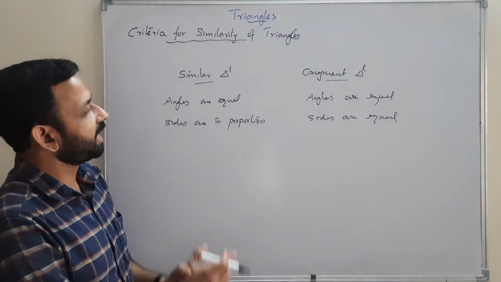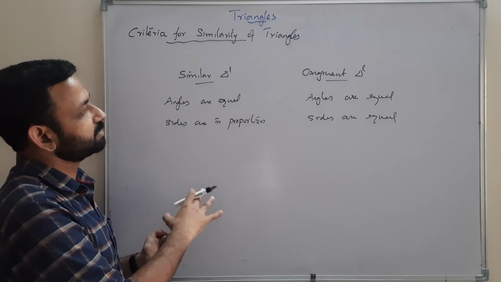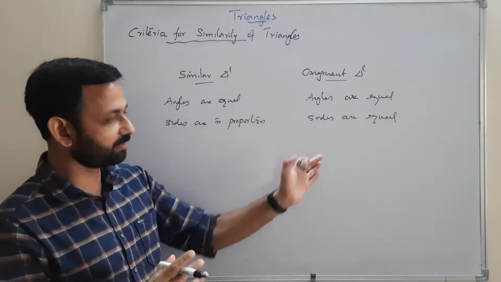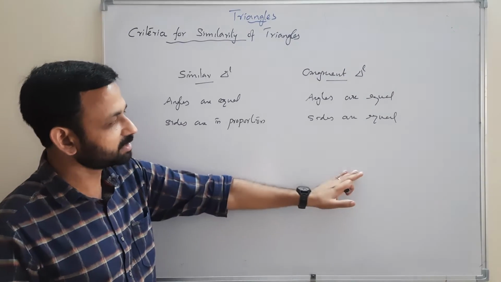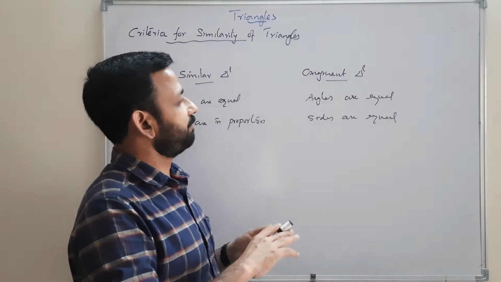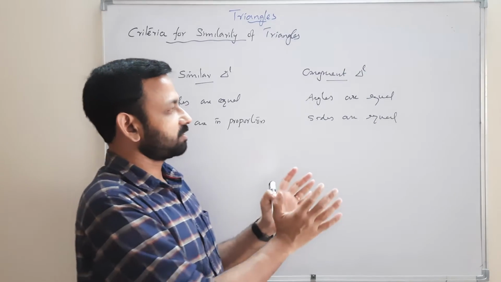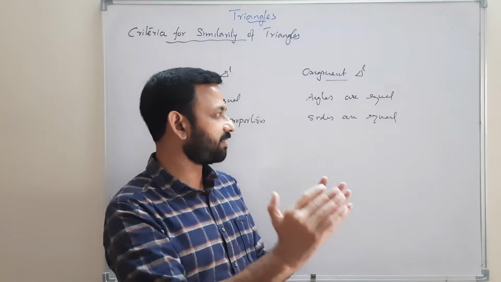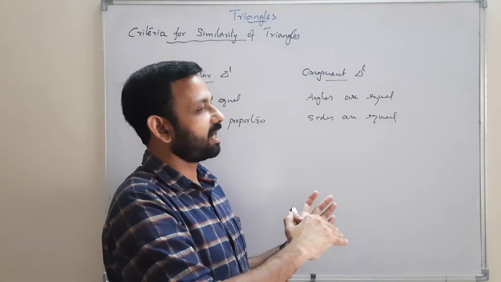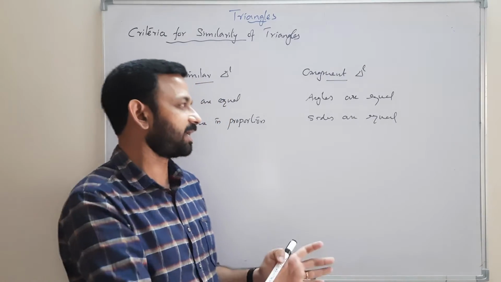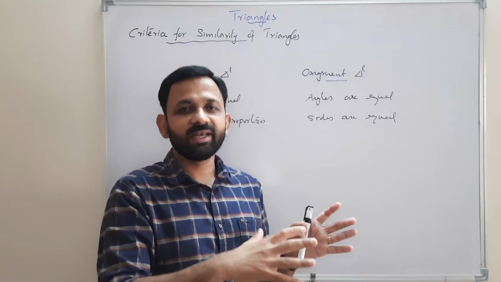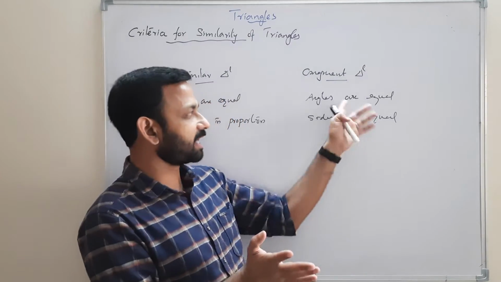But with the help of some theorems, similarity theorems and congruency theorems, in class 9 we learned criteria for congruency. Using those theorems, no need to compare all the 6 parts. We compare 3 parts of one triangle and 3 parts of the other triangle. If 3 parts of one triangle are respectively equal to 3 parts of another triangle, then the rest of the 3 parts will be equal, all the 6 parts will be the same, and the triangles will be congruent.